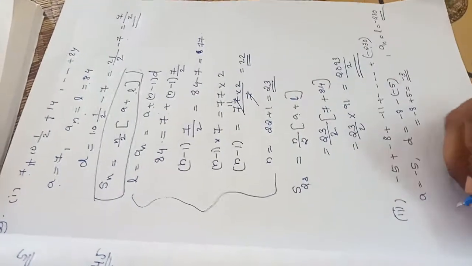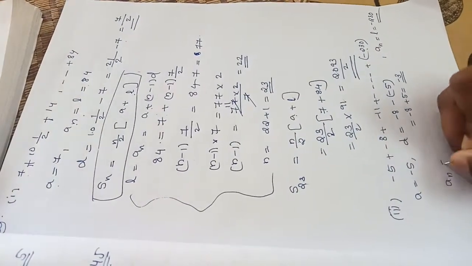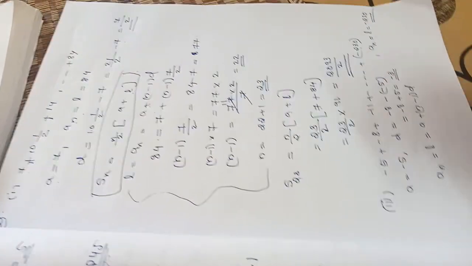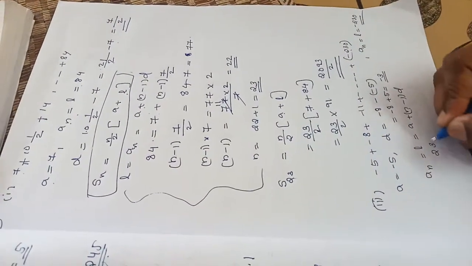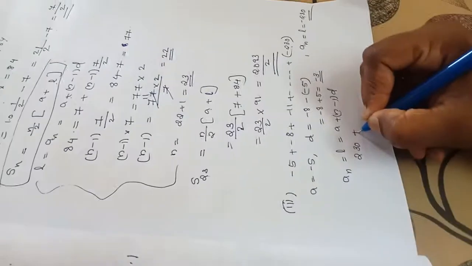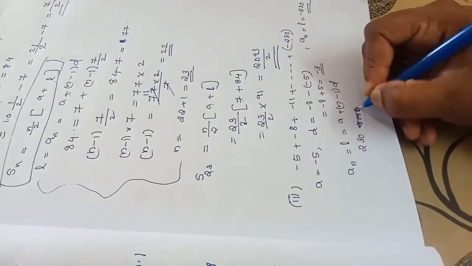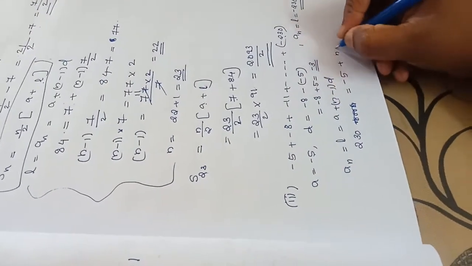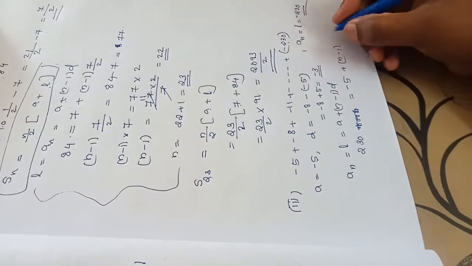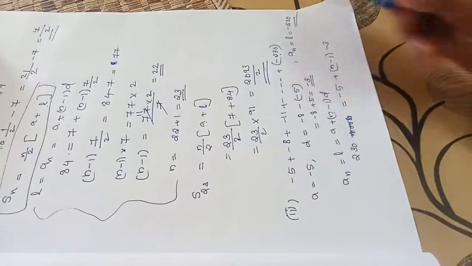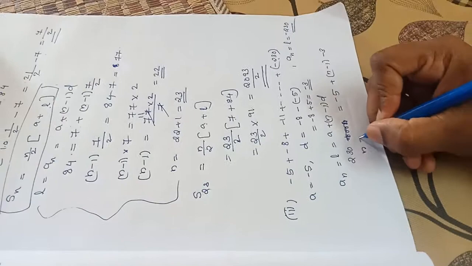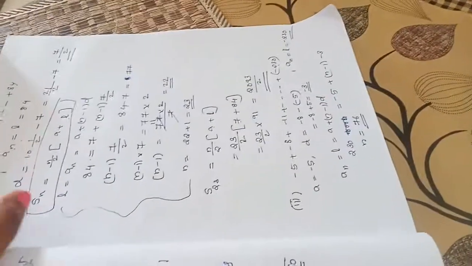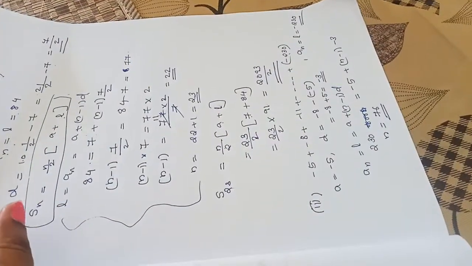So we can apply the equation an is equal to L is equal to a plus n minus 1 into d. I am calculating the value of n. What is L? Minus 230 is equal to the value of a, which is minus 5, plus n minus 1 into the value of d, which is minus 3. Okay, so after solving this equation we will get n is equal to 76. You should solve this equation. Okay, normal mathematical calculation. So you will get n is equal to 76.